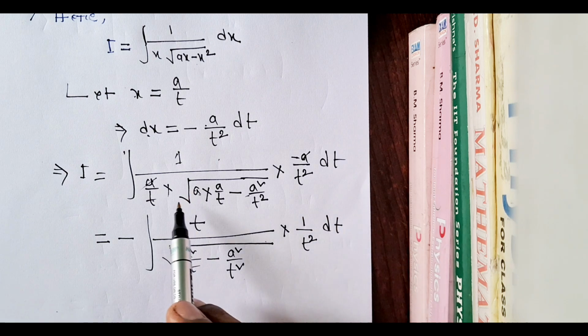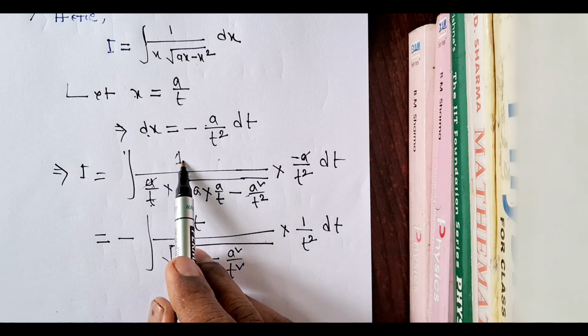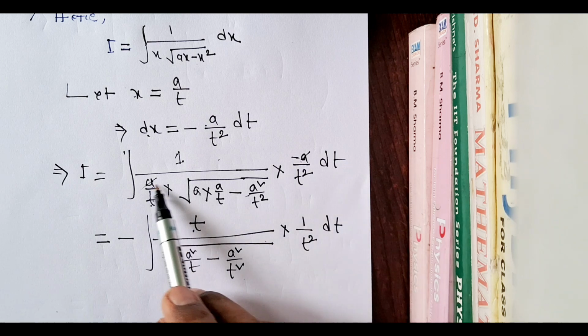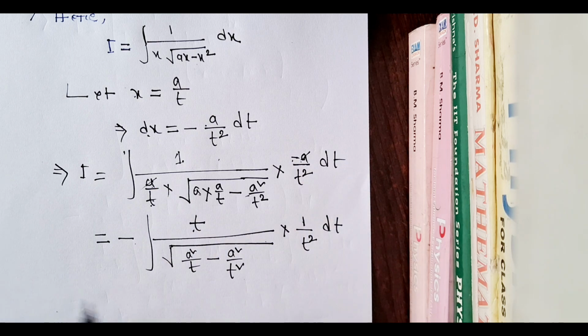I repeat, don't get confused, it is a by t, something by t in the denominator, so this t will come in the numerator, and it is just minus a by t square, so a cancels out, so 1 by t square here, and this negative sign I have written here. After that,